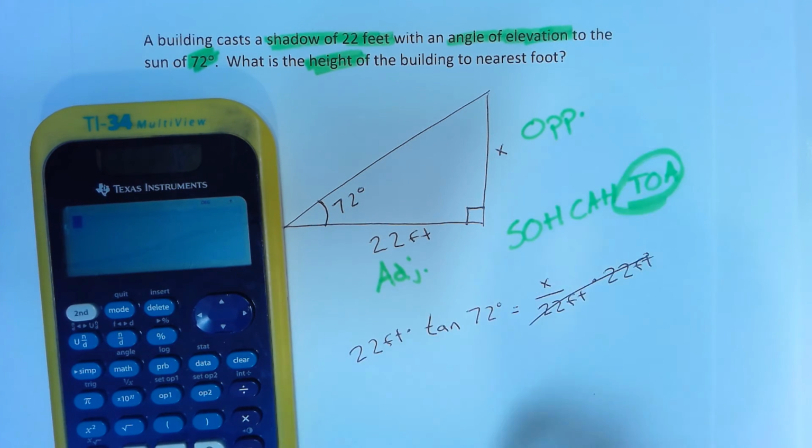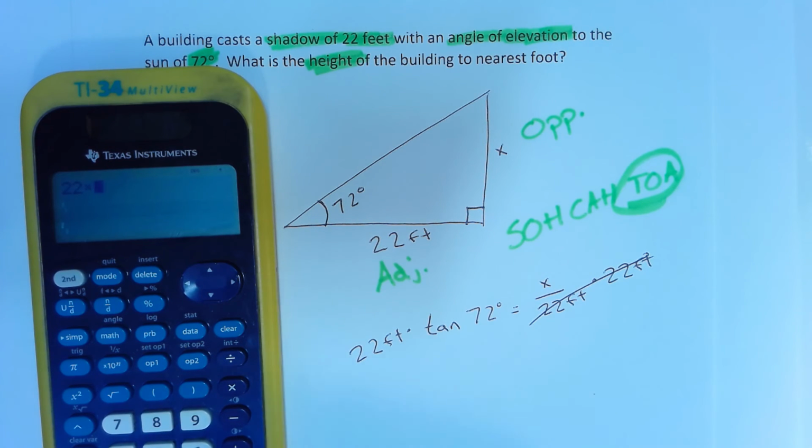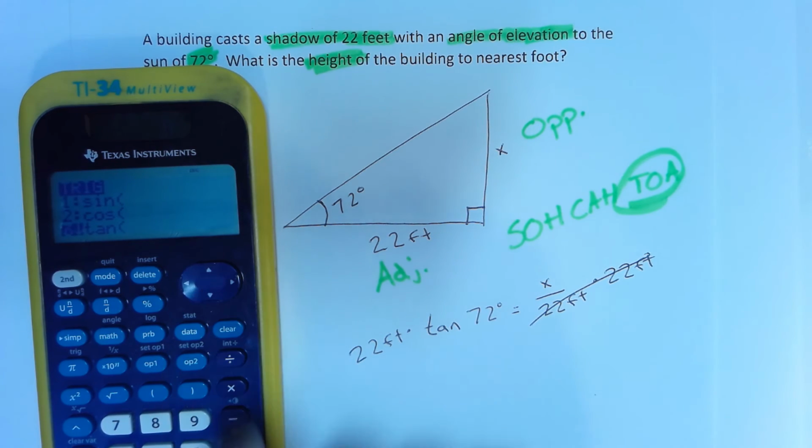And then we just need to type that in. So we're going to do 22 times. And then to get to the trig operators on this calculator, we're going to go with second pi button, and then go down and select the one we want, which is tangent, and then our angle, which was 72 degrees. Good habit to close those parentheses. Hit enter, and we're going to get